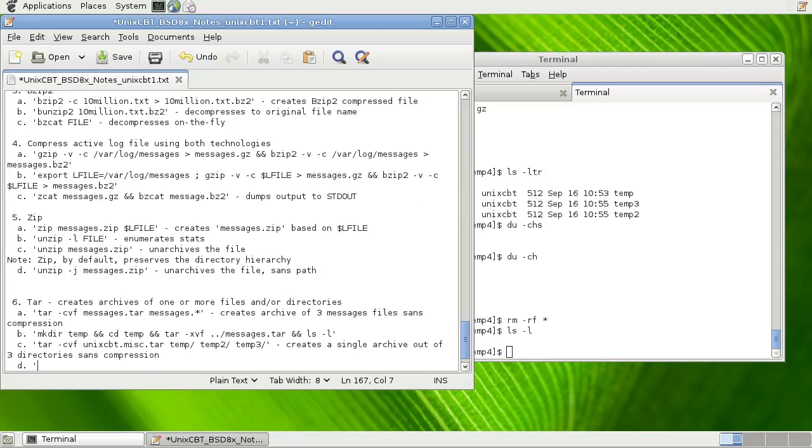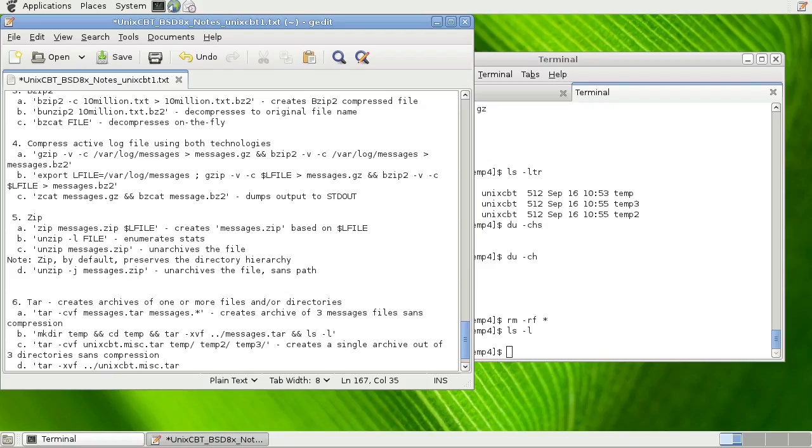Because sometimes, for example, let's say a tar image contains a number of directories for various platforms, of which you're interested in only a specific platform, or perhaps a number of directories of which you're only interested in a few. Then you can specify those few using tar. So for example, tar xvf UCBT, you have to specify the name of the file, miss.tar, and from the perspective of the temp4 directory, it's going to be one level up, ../